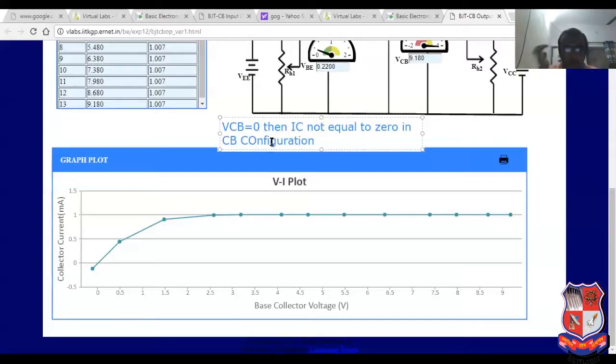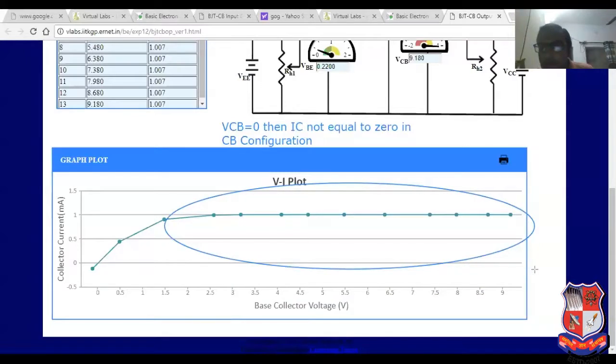See, this is the entire practical that I have performed in the virtual lab. So thanks to the virtual lab faculty. The practical I have performed, but the simulation is given here. That's why, based on that, we are able to explain the practical way. See, this is the constant graph. So it is considered as a constant value. If you increase VCB, then the collector current is constant.